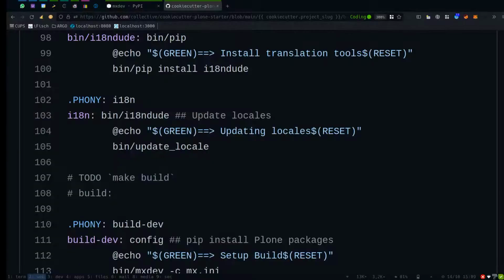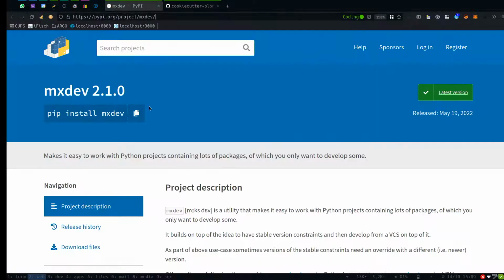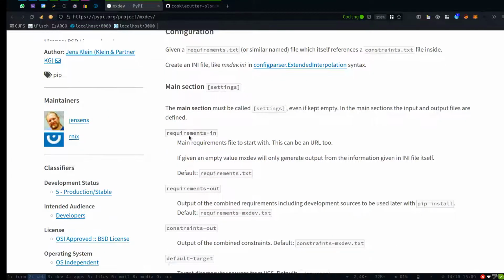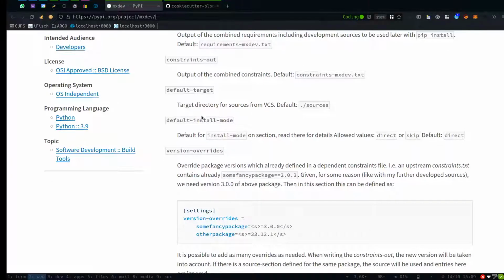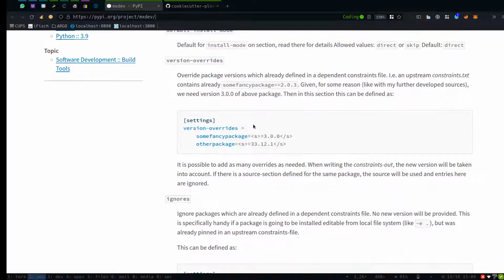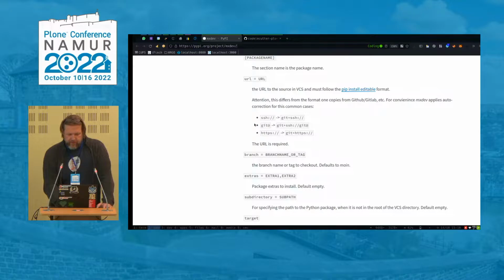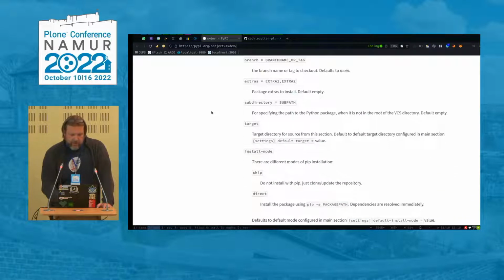So if you go here to PyPI, here's the README, and you see the main sections. You can define defaults for most stuff. You can have an install mode like with the developer, where it really just checks out something and does not install it. And version overrides, ignores. And for each section, you document, you have different URLs, like with sh8 and so on. The rewrites if you want to use the pip installable version syntax, but usually you don't need it. And you can say which subdirectory the package is in,